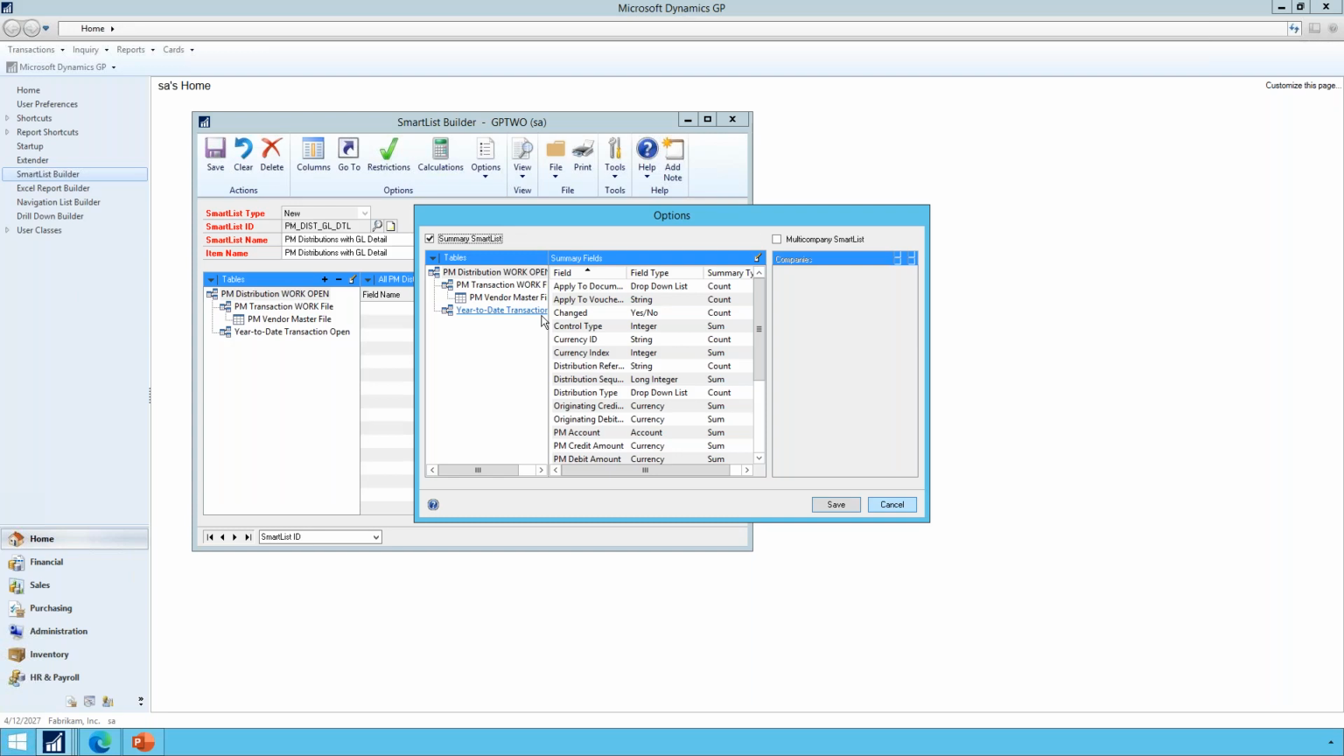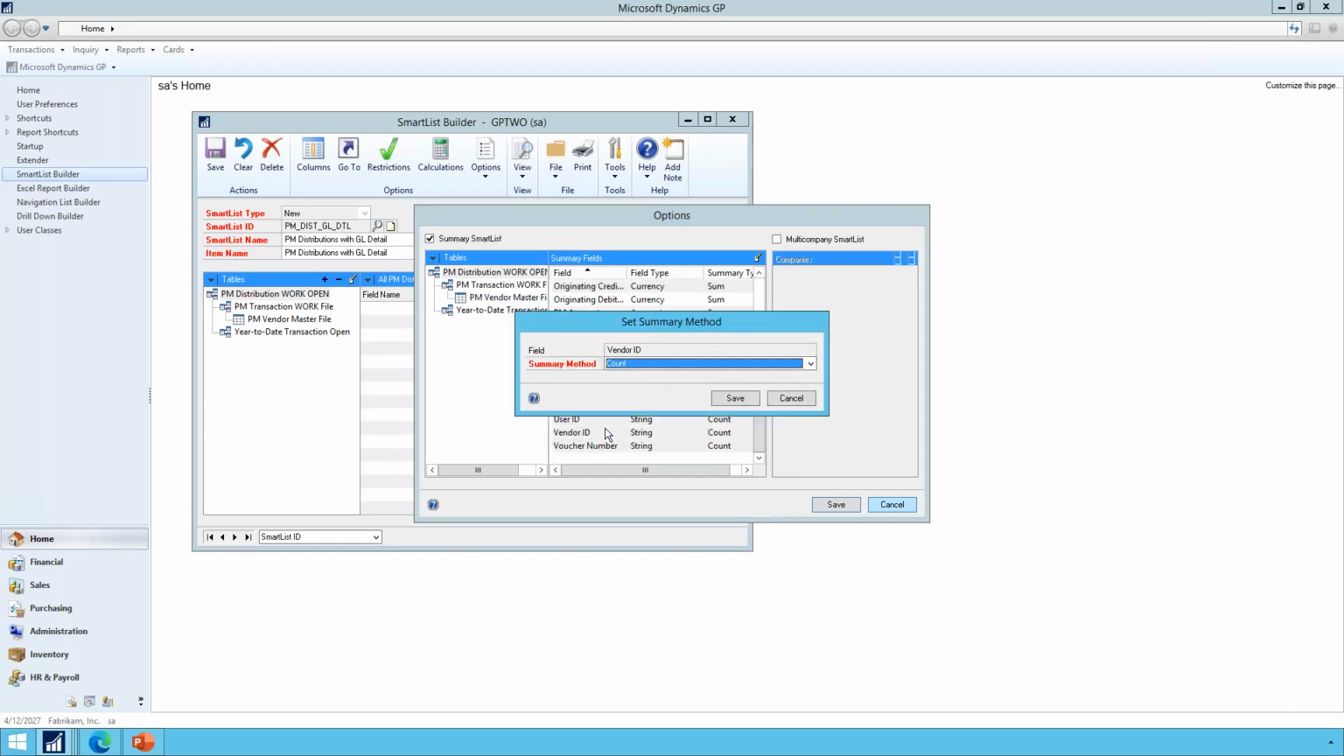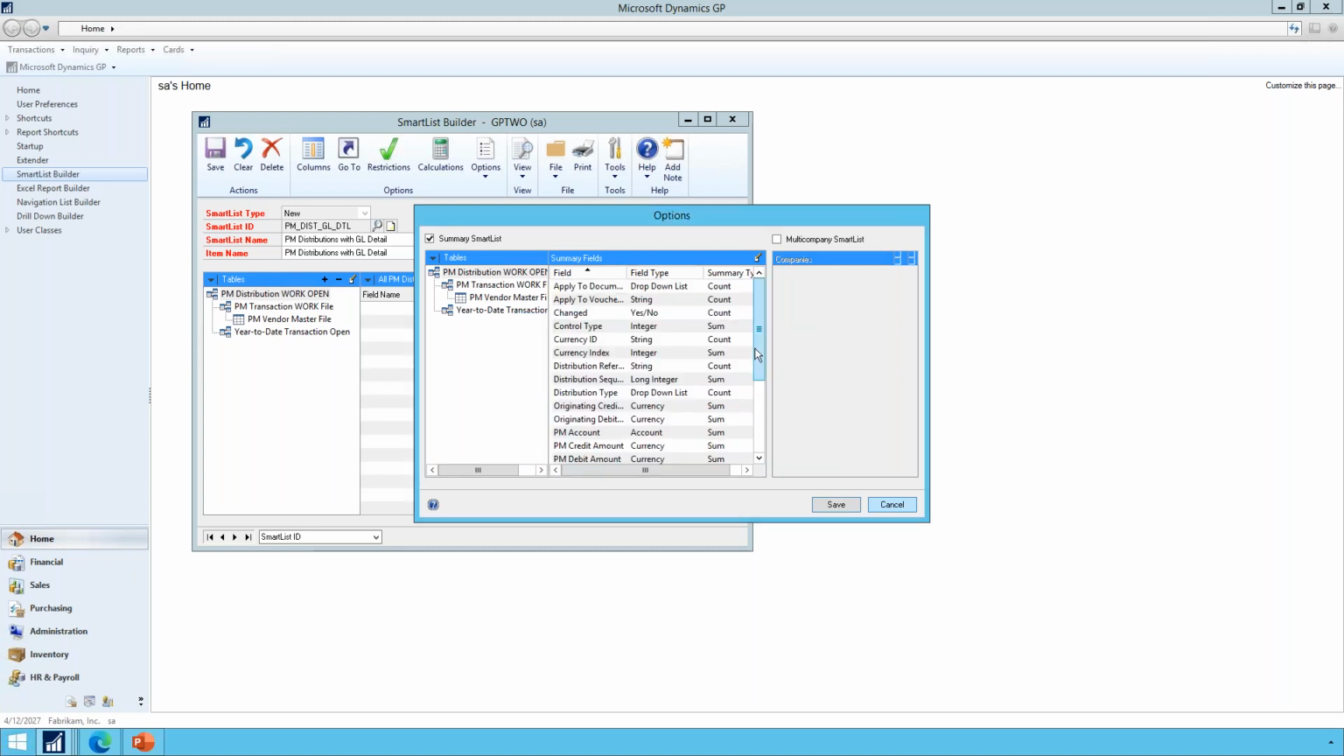Maybe I want to summarize this all up by vendor. So I can see all this information, but by vendor. I don't know, I'm just picking something. So I could come in here, find the vendor ID and group it by that. And now, without changing all the other fields, this is going to look a little funny, but it's basically going